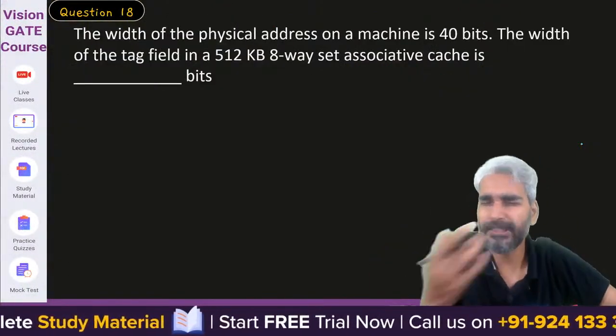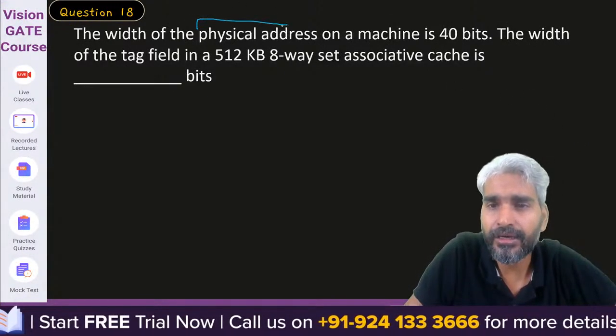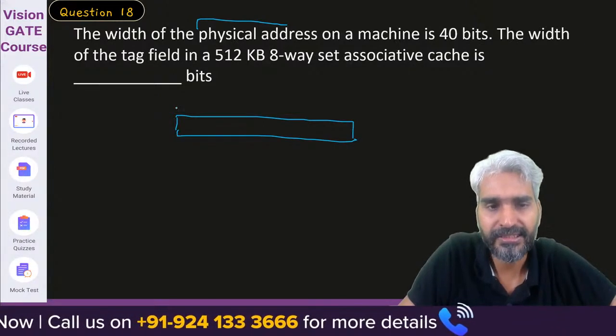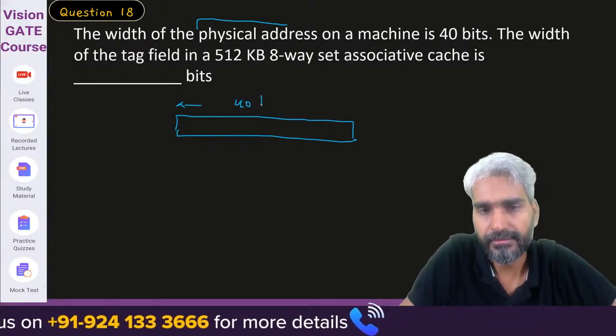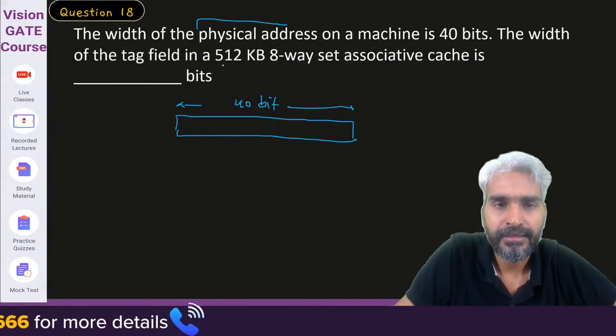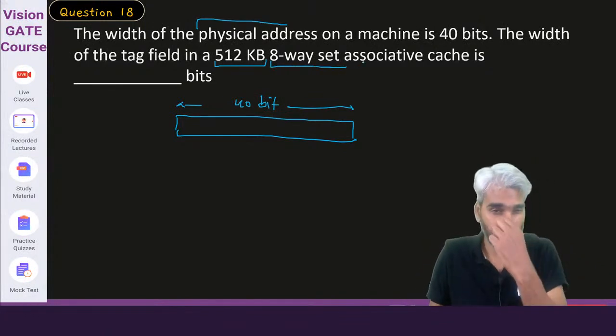Next one, question number 18. These two are very easy questions. The width of the physical address on a machine: we know the physical address is given as 40 bits. Okay, sir. The width of the tag field in a 512 kilobyte 8-way set associative cache is